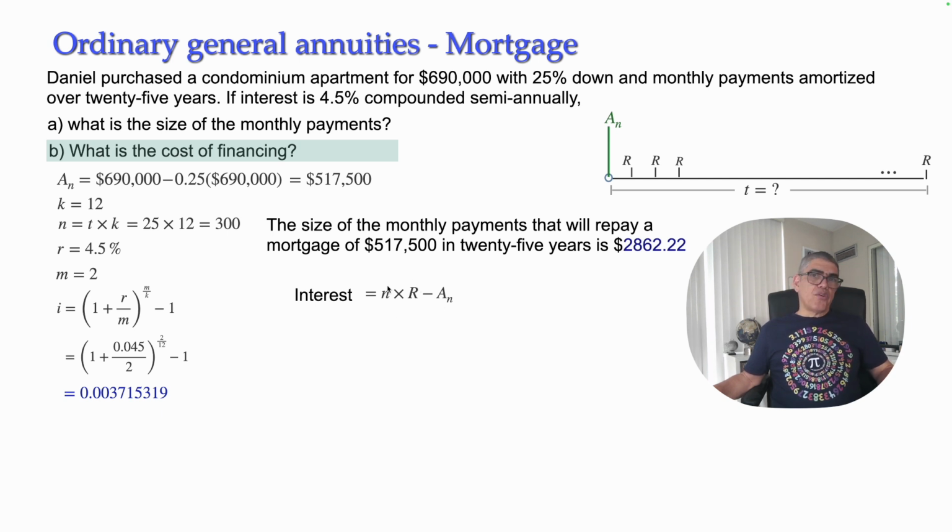Because another thing is that you have paid the down payment, but at that moment you were not paying your finance amount. Minus A_N, this is the present value, that is the finance amount, 517,500. Okay, so make this substitution. N is 300, R is this number, and A_N is this 517,500. Use your calculator and you will notice that the cost of financing is this number,